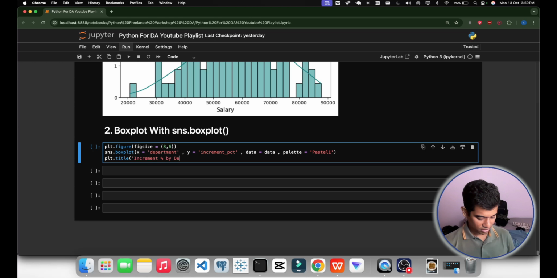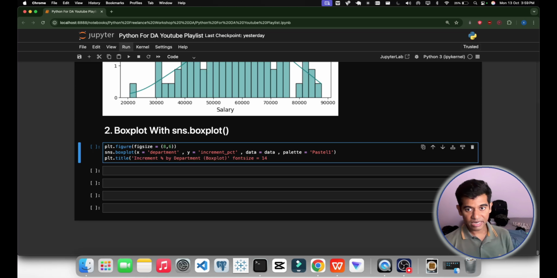Let's write this: increment percentage by department box plot, correct? And then we have to write the font size. Font size equal to 14, because it is necessary. I think there is some issue. Yeah, right now it's good. So we are done with the title.